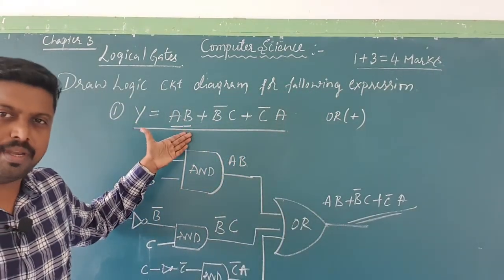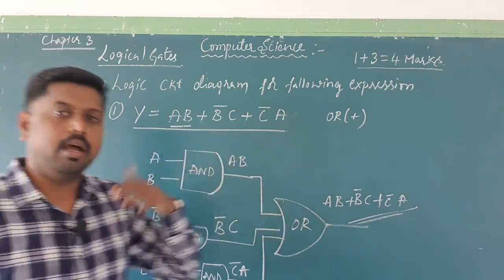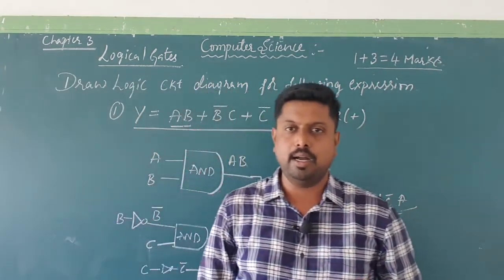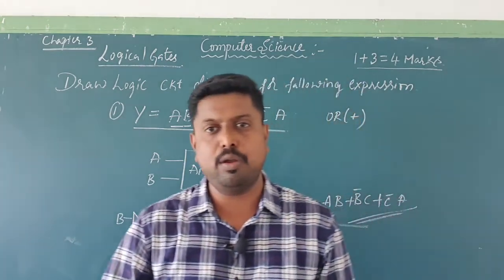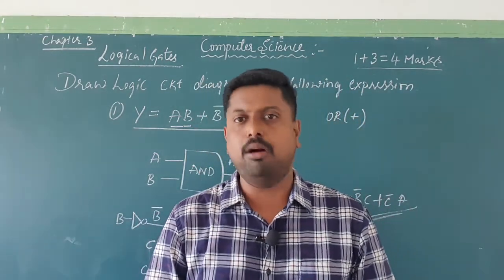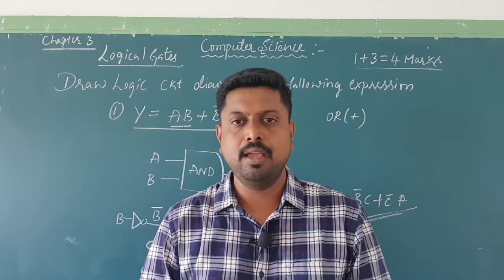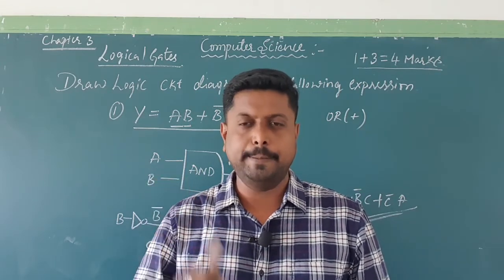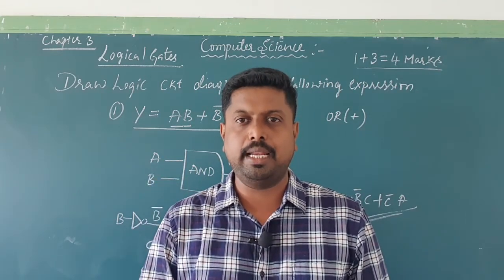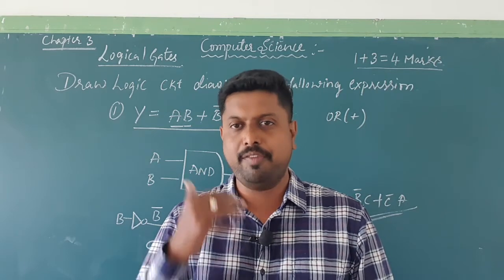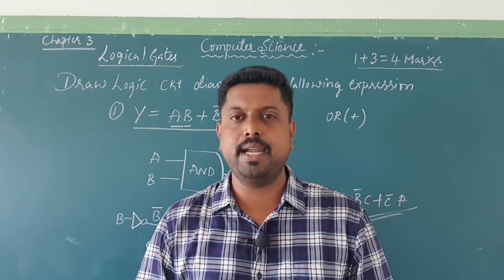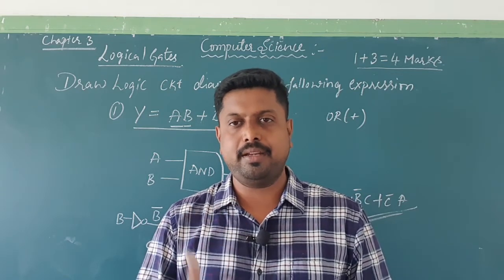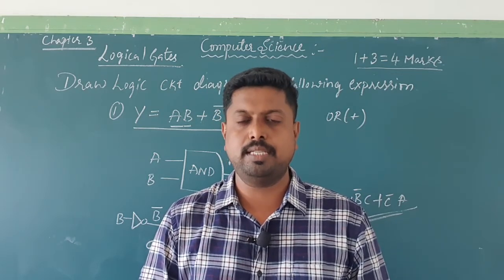So this will be the result of this expression. You will get many expressions like this in your textbook. Write down all the expressions for practice and draw these diagrams like this. You may get a 3 marks question based on this topic also. So this is the conclusion of chapter number 3, logical gates. Based on this, I will now forward you some important questions regarding logical gates. Practice and write the keynotes for this chapter. Thank you.